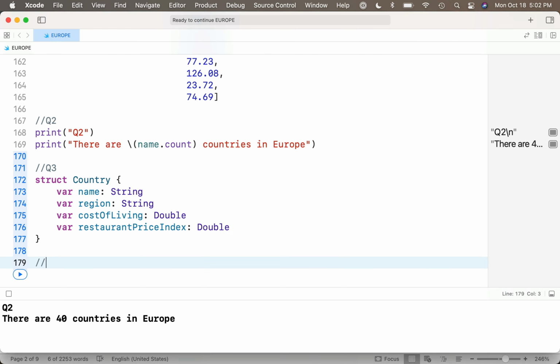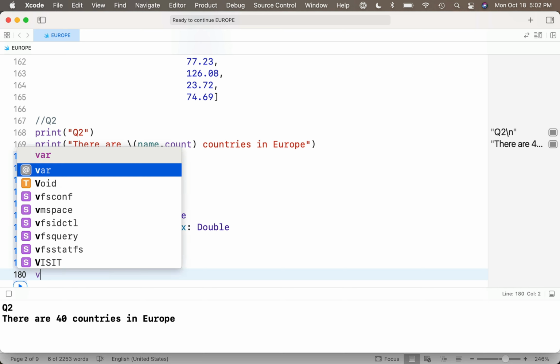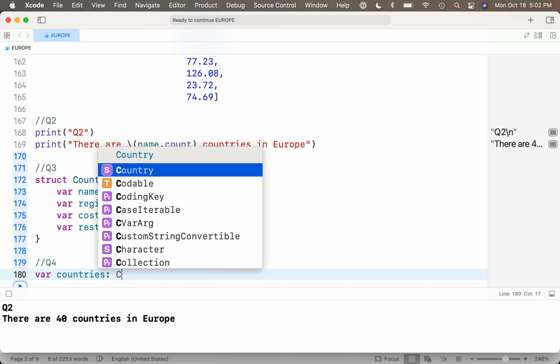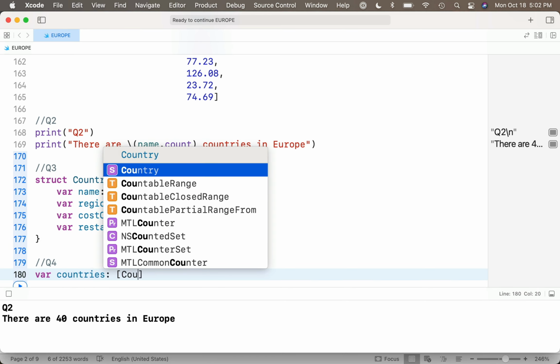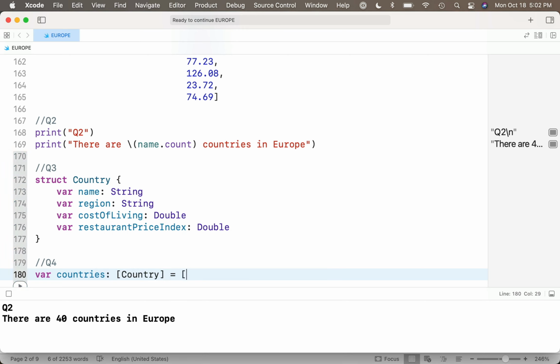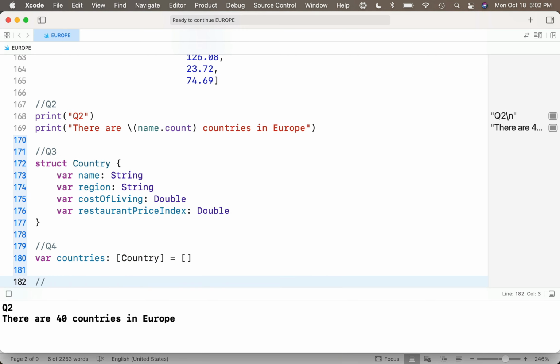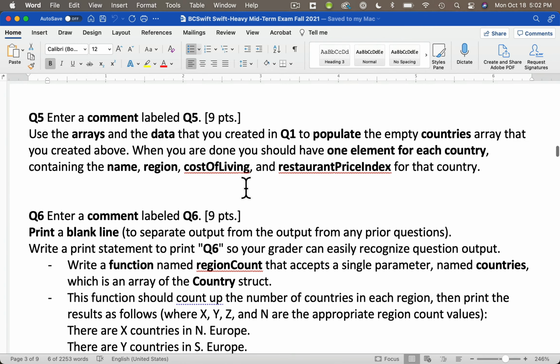There are a couple of ways to do this, but we'll use Apple's preferred method: var countries: [Country] = []. Now for question 5, we're going to use the different arrays that we created in the earlier part of this exam to populate that empty countries array that we just created. There should be one element for each country, and that should contain the name, region, cost of living, and restaurant